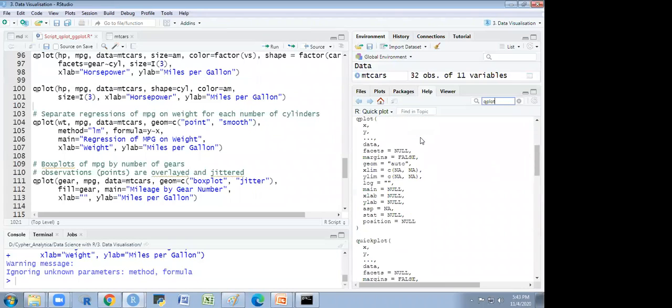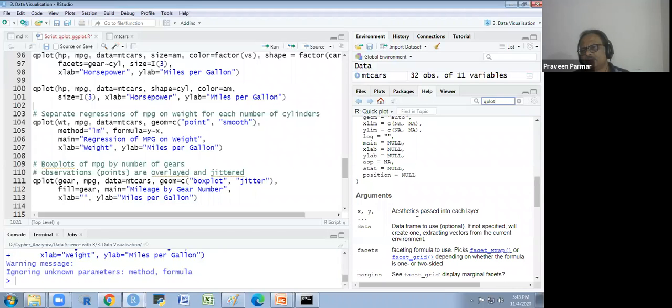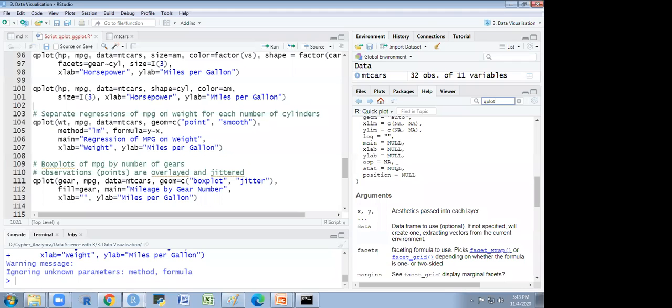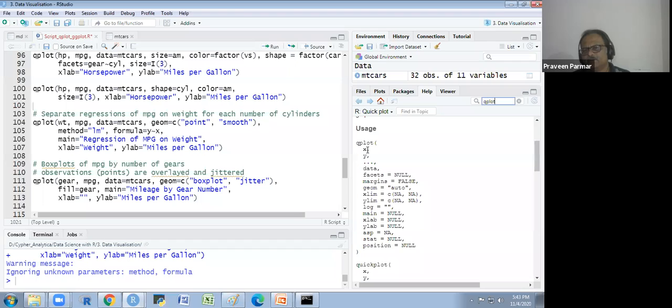Okay. Now here, X and Y. This is two-dimensional graph, right? So you will get everything in there. X, Y, aesthetic, passed. No, one dimension we could pass also. They have given the two dimension we could take maximum, or one dimension you could take. For the bar plot, we require only one dimension.